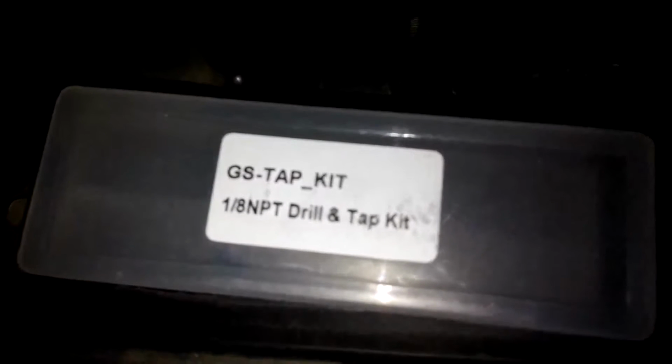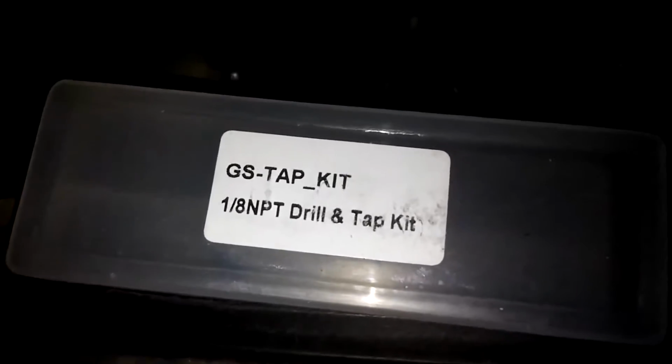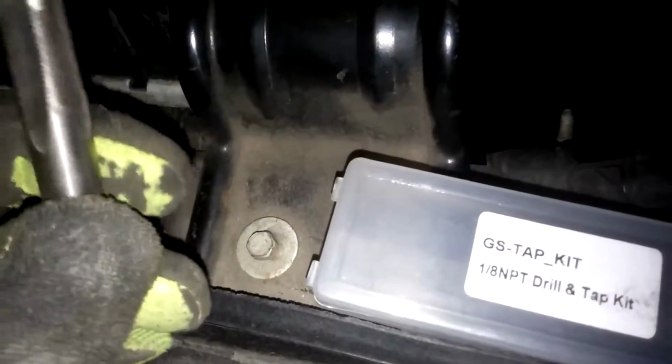So there's the box that the tap and drill bit came with. I think it was like $7 or something like that when I ordered the gauges. Whatever it was, it's more than worth it to me. Maybe if you have a lot of taps and drills, then just use your own, but I wasn't sure if I had the right size tap. I knew I had the right size drill bit, but I just ordered it with it, and it came at the same time. So here's the tap that it comes with,